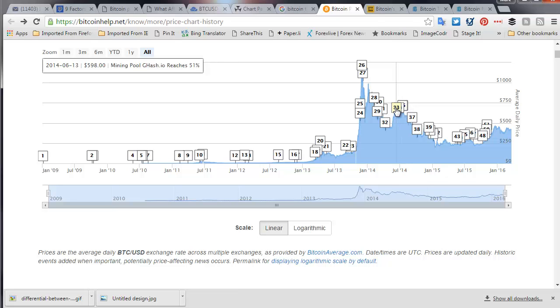This is a fork decision. That's a technology decision. And then if we go into more recent activity, a new exchange, we see the price moving up. The EU declares no VAT on Bitcoin trades.